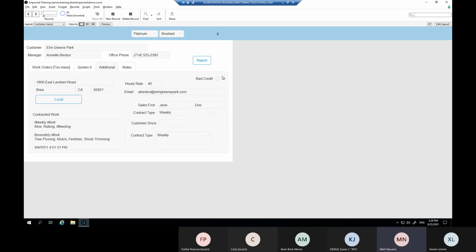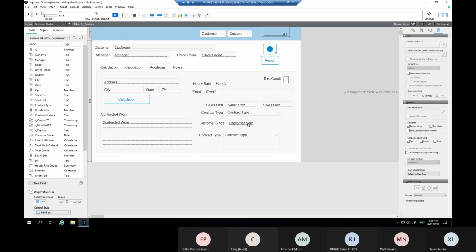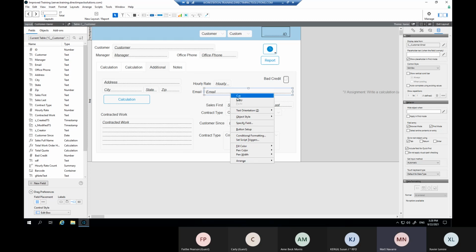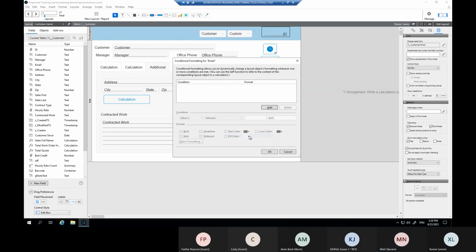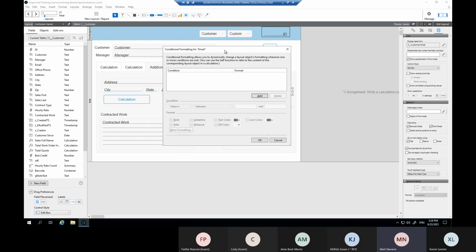So go to layout mode. And I think a really good one on this one, if you right click on the email field and go to conditional formatting, this is the area for conditional formatting. Now this actually has two modes. One mode is it just takes a look at the value and you don't even actually have to write any code. So click on add,